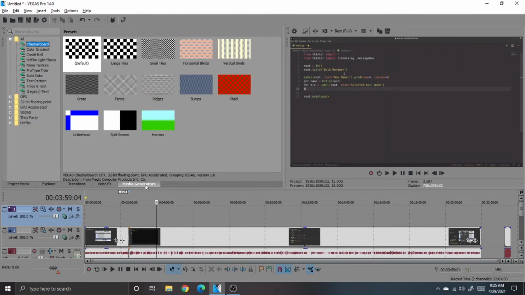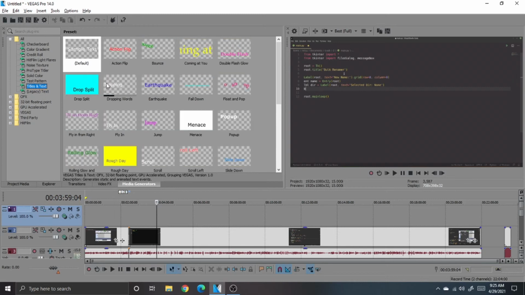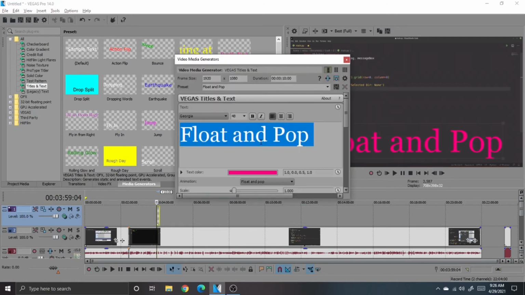to media generators, and you want to choose something here. Usually legacy text should be perfectly fine. If you want animated text, you can go to titles and text. As you can see here, there's animated text. So if you wanted to maybe add some floating animation text, then you can. And here you can say,